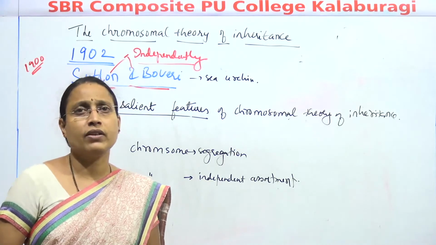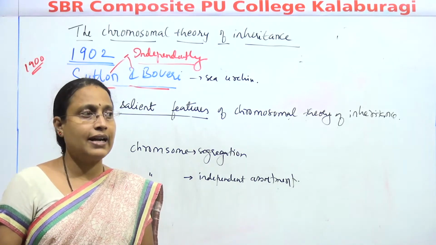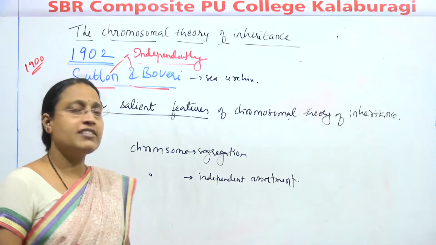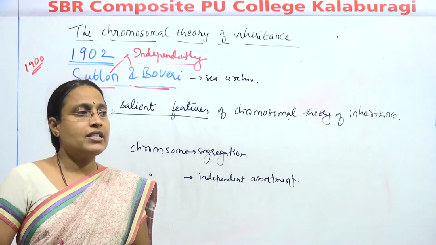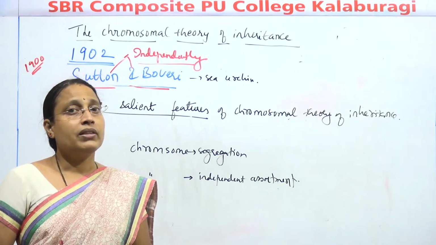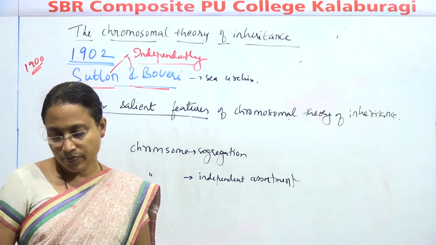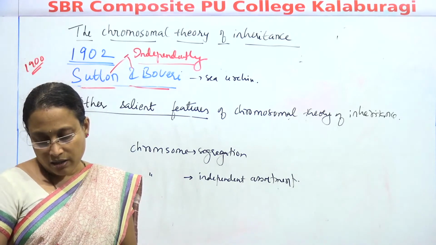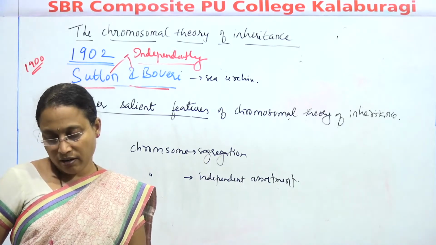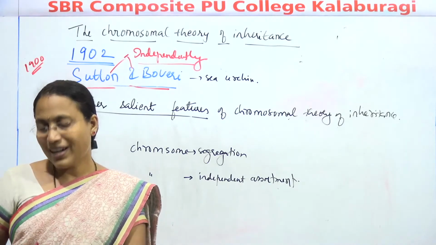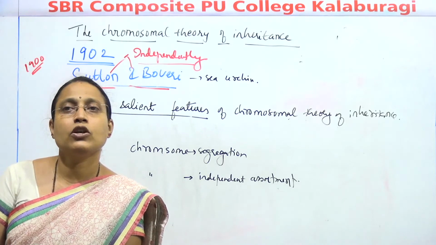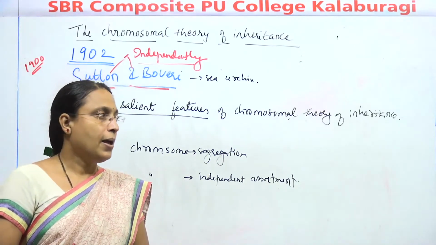Therefore, credit was given to both Boveri and Sutton, because they studied independently, but the conclusion was the same. So this completes the parallelism, which is important in terms of NCERT: the similarity between chromosome behavior and Mendelian